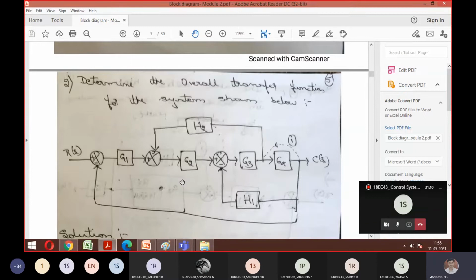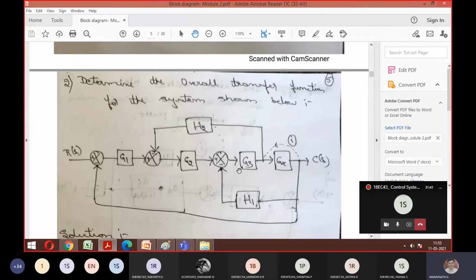Make a note of this question. Determine the overall transfer function for the system shown below. Now I am not going to explain this. You should explain to me, because you already know many problems with different ideas. So you just tell me how to do this problem. What is the first thing you should do whenever you see block diagram conditions or a signal flow graph, both? Yeah, forward path and feedback path. Good.